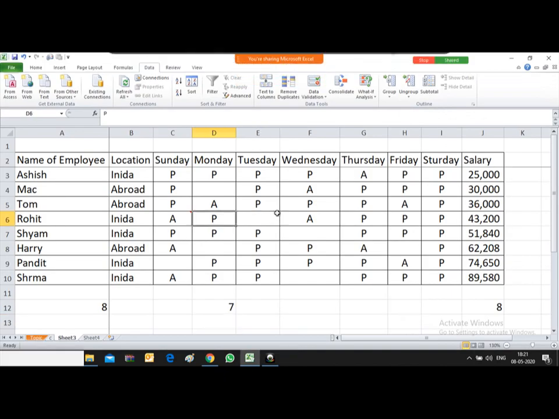I need to put 0 in all the blank cells. How can you do this? You just type a 0 somewhere and then copy it. After copying, you select the entire range.